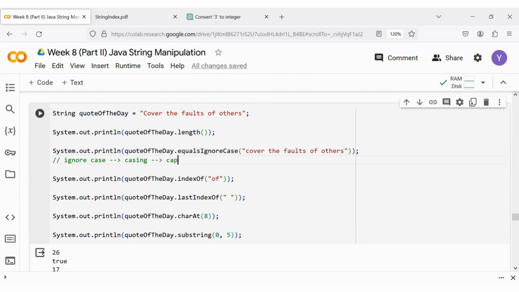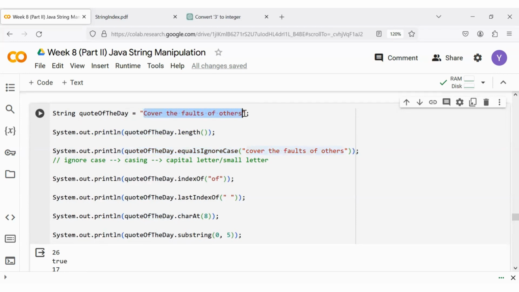Casing is whether it's capital letters or small letters. So we are going to check whether two strings are the same or different, but we will ignore their casing. That's why if we run this second line of code, we will get true,